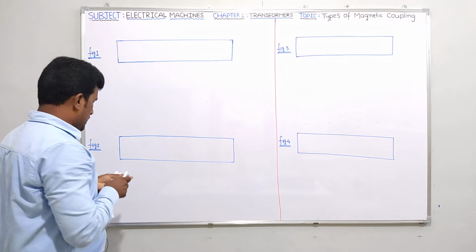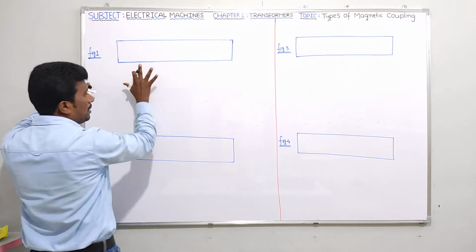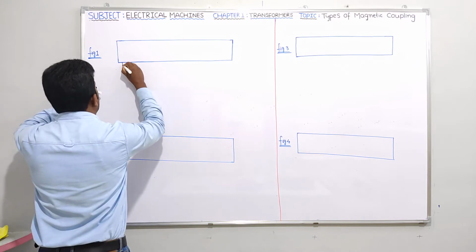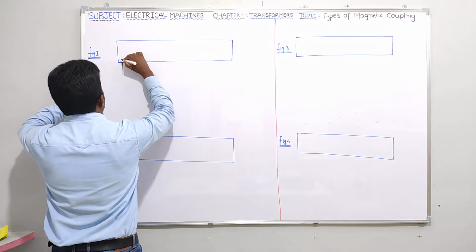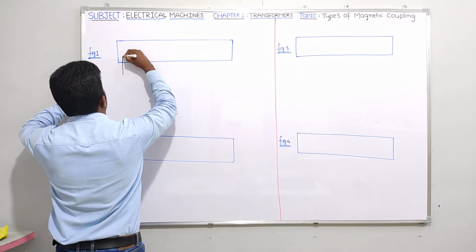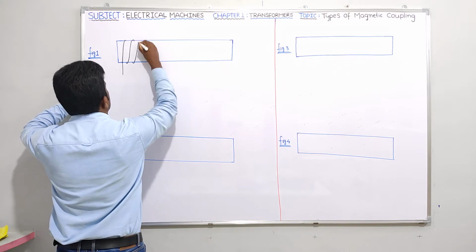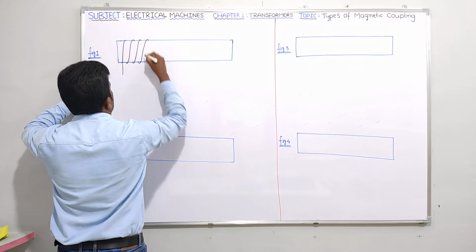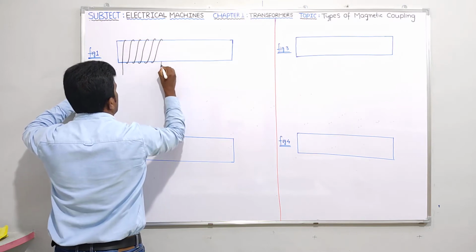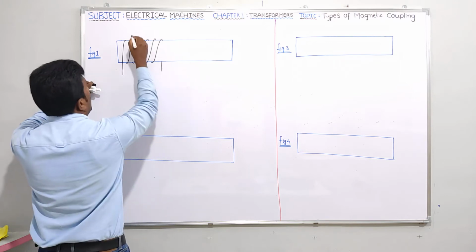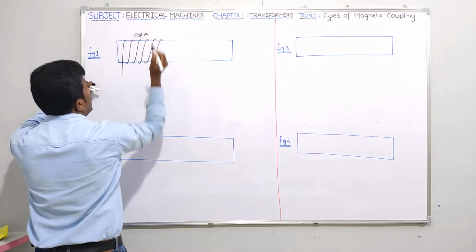Okay. So see guys, next let me have the sense of winding. In figure 1 I am discussing first of all. Let me take coil 1 like this. Okay. So in this figure number 1 I have taken coil 1 like this. You can say coil 1 or coil A. I can call it coil A. Is it clear?